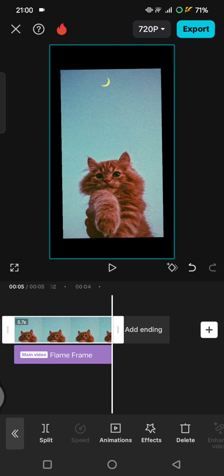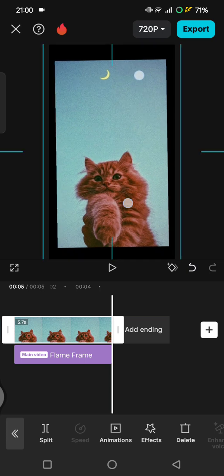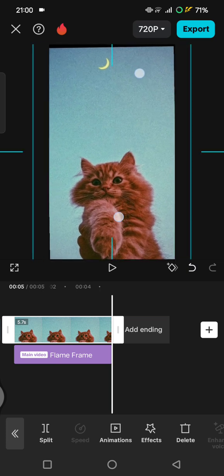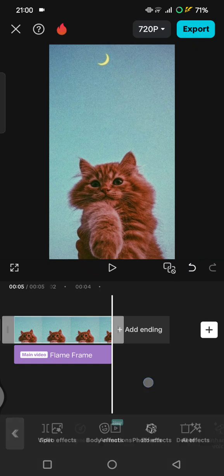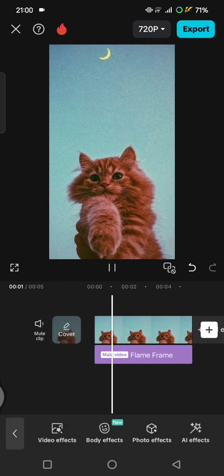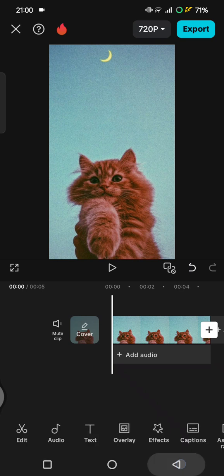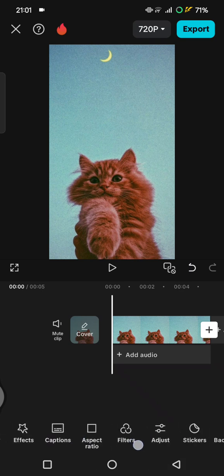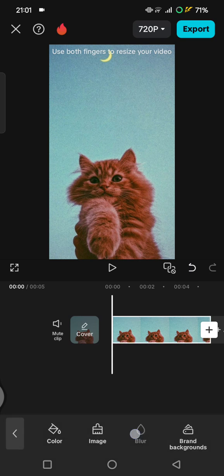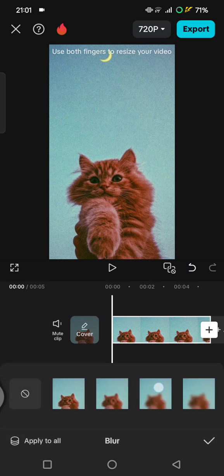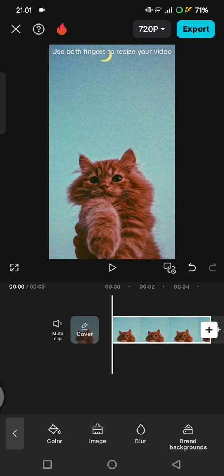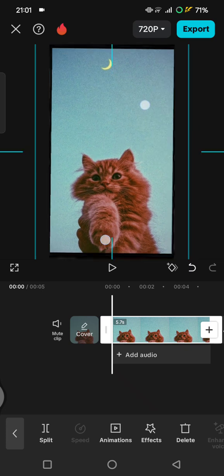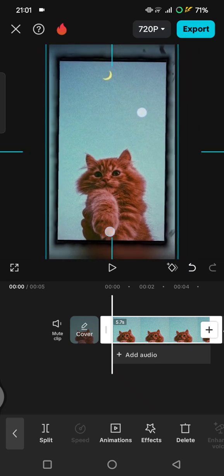or the image and then enlarge it so that it fits or covers the whole screen, just like this. Now you can just go back and find the background options. Swipe, tap on background, choose blur, and here you can just choose the intensity that you want. I'm going to go with the second one. Click on the check icon and click on the image again and downsize it like this,